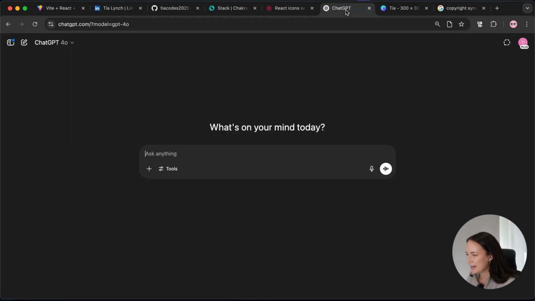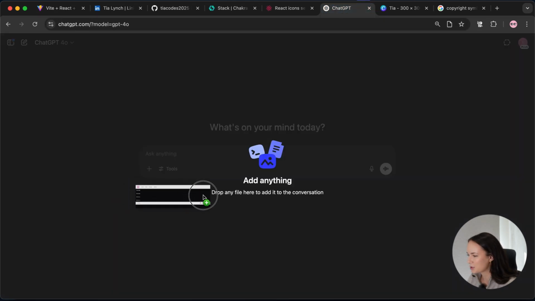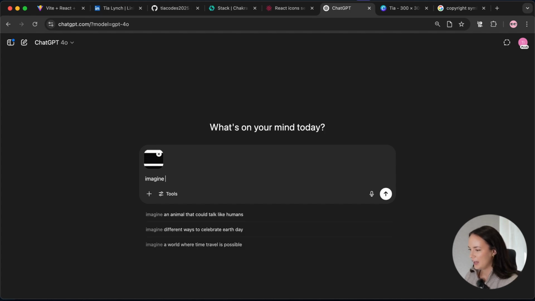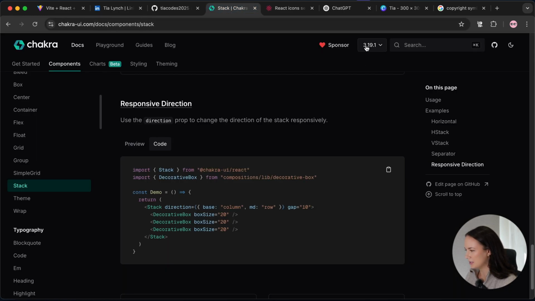So the best thing to do is actually to go into ChatGPT, and what we're going to do is first just screenshot our website, right? And then I've got to be quick because I'm using Mac, and I'm just going to pull it across. And here's my prompt. Imagine I'm a senior UX designer. I don't know if this actually works, but I always do this. And I am styling this nav bar and footer, telling ChatGPT to ignore the black background, using Chakra UI. And this is with my experience with Chakra. It always thinks it's a different version,